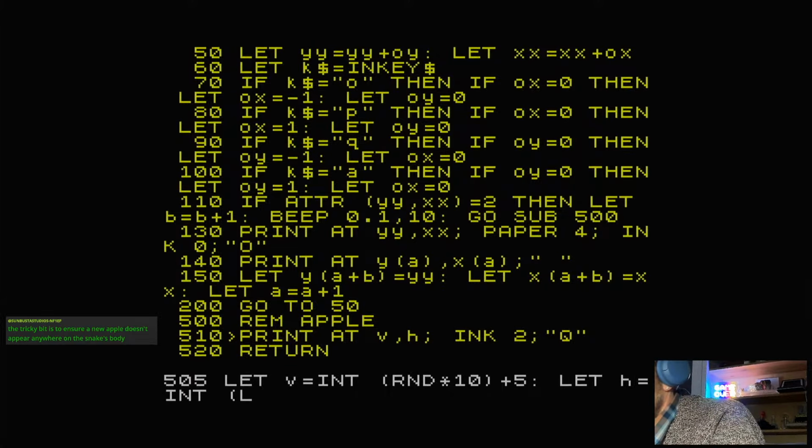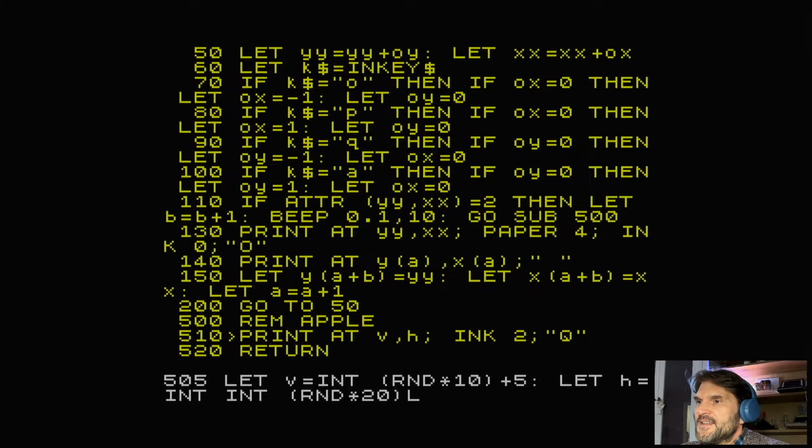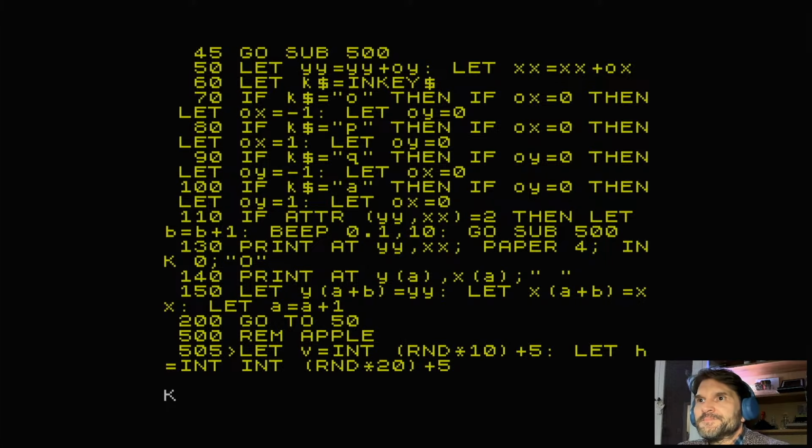Now there's a reason why I'm doing it this way and not just chucking them into the print statement, because I don't want another apple when it reprints to land on the snake's body as it gets bigger. So I've come up with this idea that if I use an attribute to pick that up,